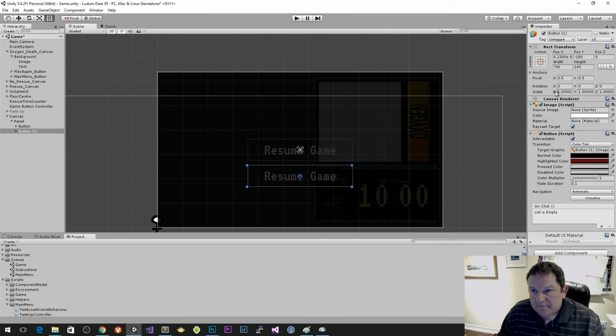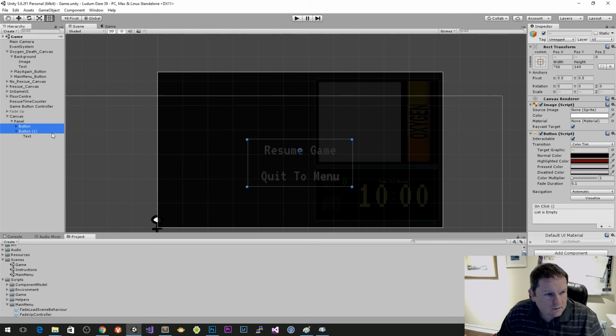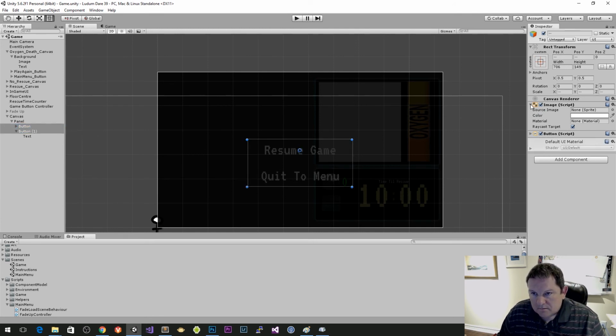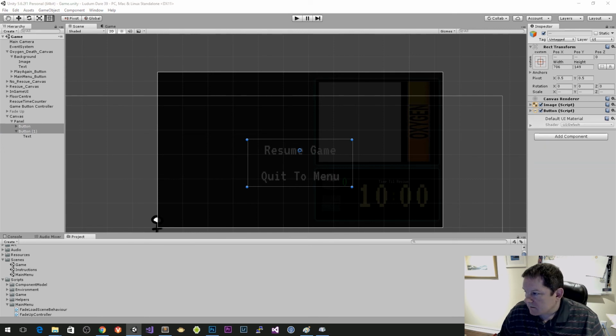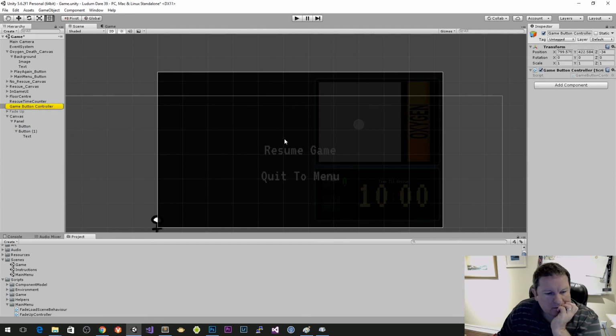And this is going to be quit to menu. And I'm going to add my usual command bindings here. Command binding, and it's a game button controller is the one I'm going to use. And then this one here is going to have resume game, and then this one is going to be, actually,